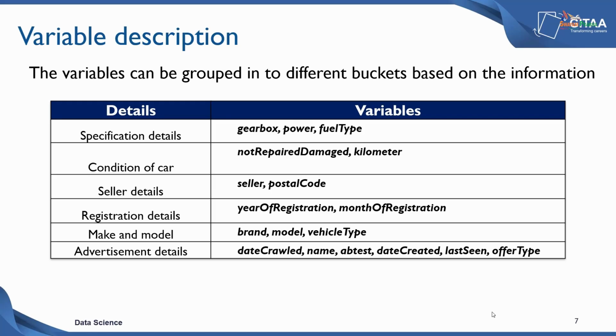Both of these variables show you the wear and tear of the car. Seller details include seller and postal code. Registration details consists of year of registration and month of registration. So under make and model, you have brand, model, and vehicle type. And under advertisement details, you have date crawled, name, A/B test, date created, last seen, and offer type. So this is how you will group the variables into the given